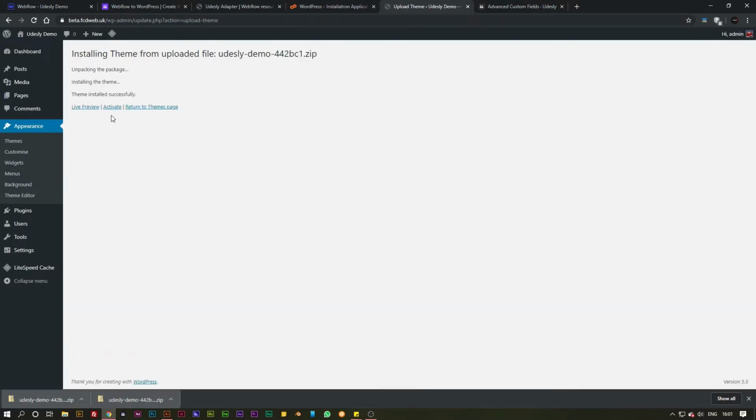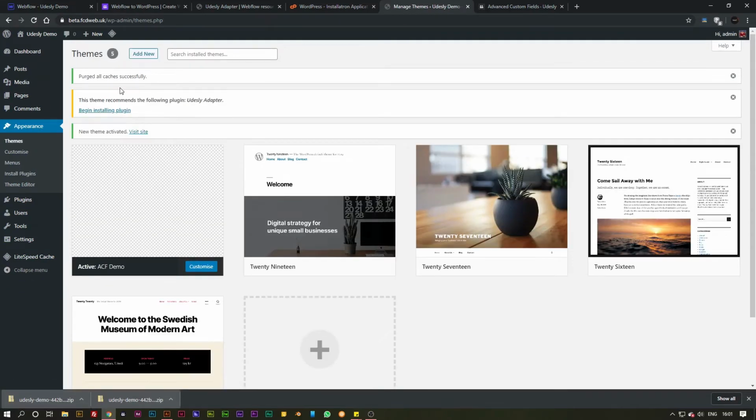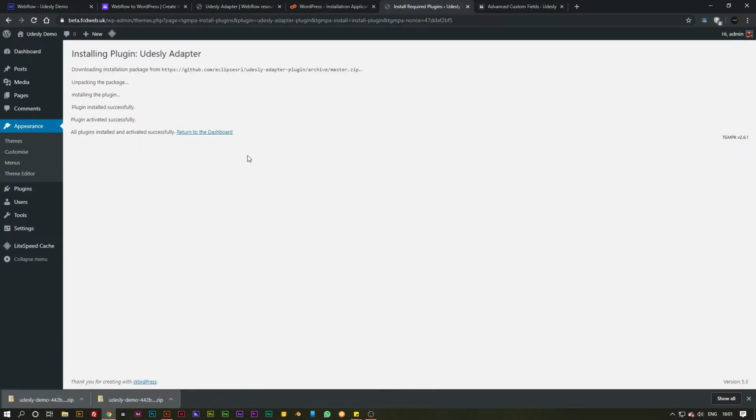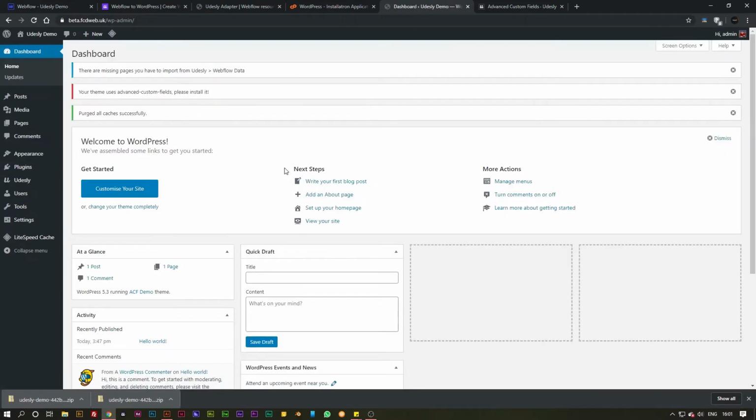Once this is installed, you can hit activate on the theme, and then you'll get a dialog box at the top to install the plugins. Simply begin installing, and then return to your dashboard like so, and then there you go, you've got the Udesly Adapter plugin all installed. Now what we need to do is install Advanced Custom Fields, so simply